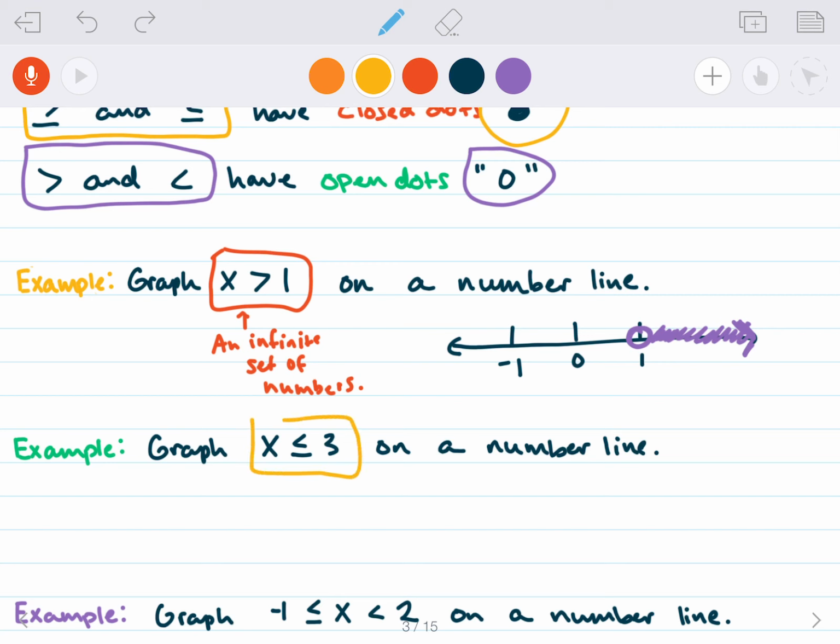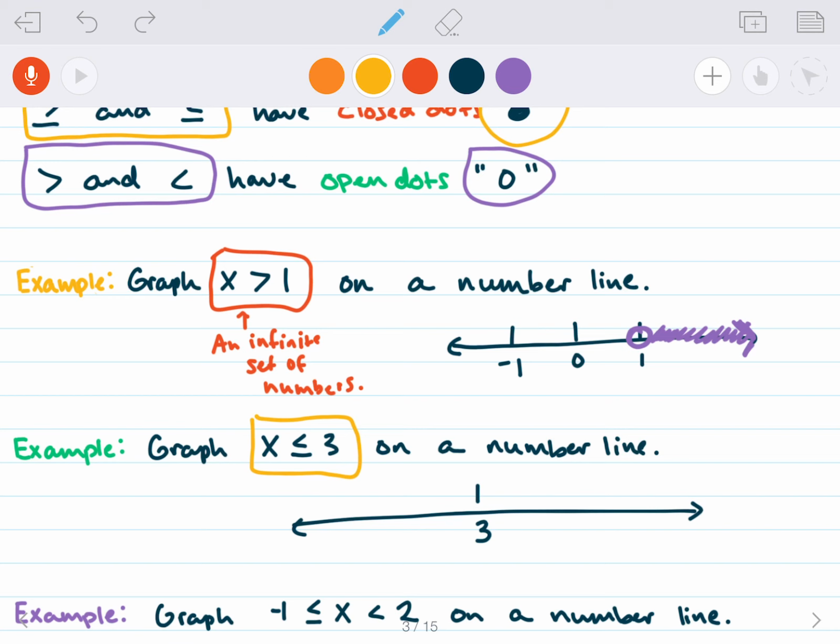We have x is less than or equal to 3. So I'm just going to be pretty basic about this. I'm just going to put 3 right there because I say so, right? Because a number line is infinite in length. I don't really have to measure where I put my numbers. I could have put 3 right here if I wanted to, but I'm putting 3 there, and I'm putting a